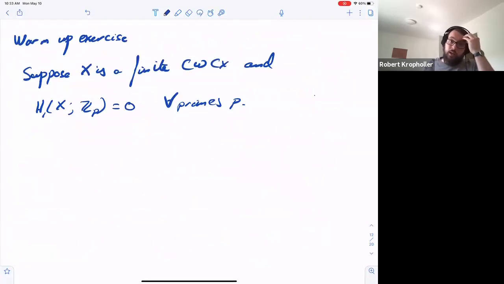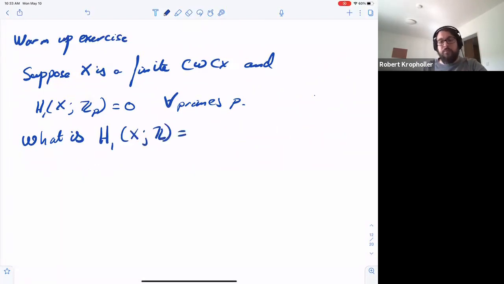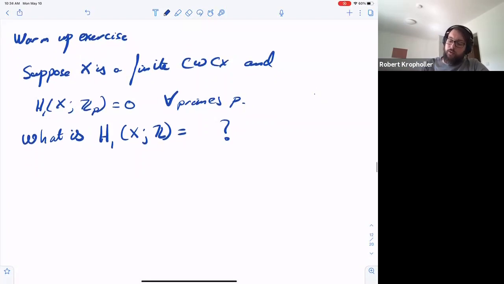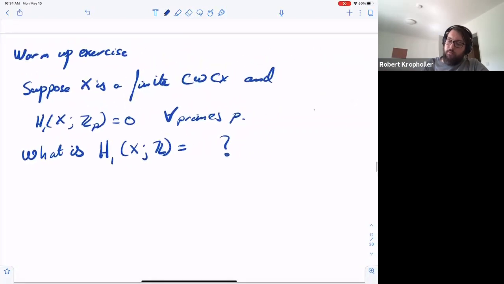Suppose that you have a finite CW complex or simplicial complex or flag complex, and you happen to know that, let's just say, the first homology vanishes over Z mod p for all primes p. Well, here's a question: what can you say about the first homology with coefficients over Z? Okay, I should wait 10 seconds to see if anyone's going to jump out with an answer. Okay, so what you can say is you can deduce from this statement, if you happen to know it for all primes p,